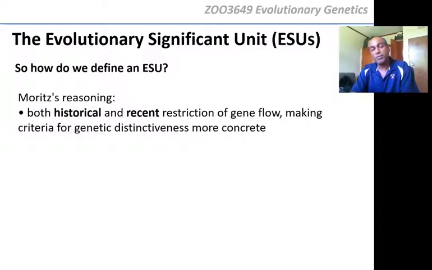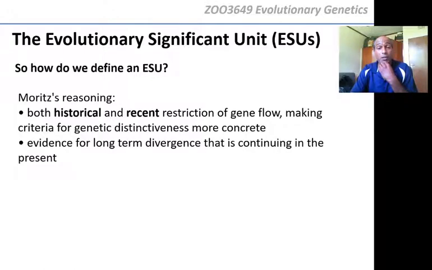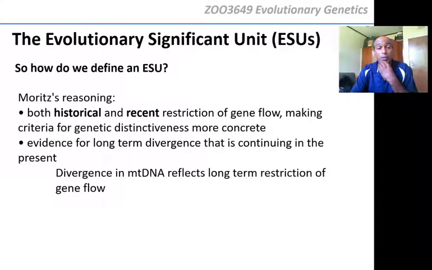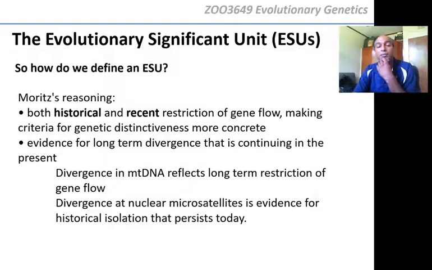Moritz's reasoning is that historical and recent gene flow, right, will make the criteria for genetic distinctiveness more concrete. So Moritz has said that if you want to say something is really genetically distinct, then it should not have had any gene flow, either historically or recently. Okay, so evidence for long-term divergence that is continuing to the present, that's mitochondrial DNA. That's the mitochondrial DNA reflecting this long-term restriction of gene flow, and divergence at nuclear